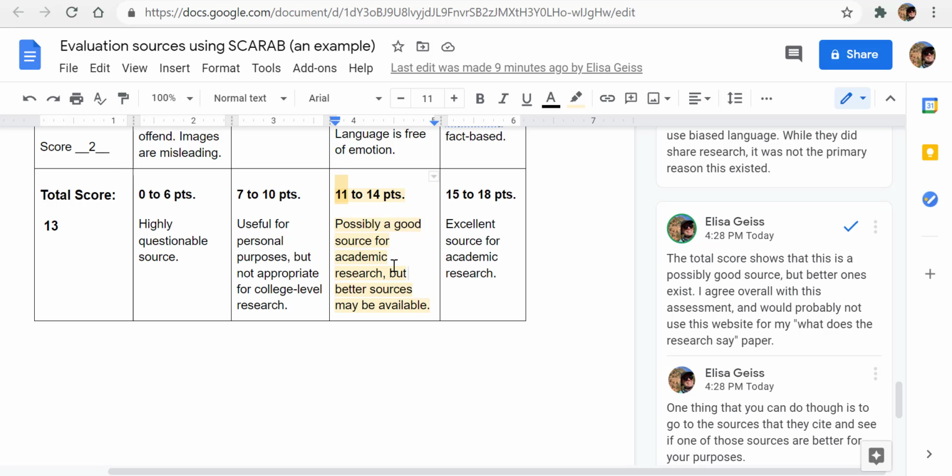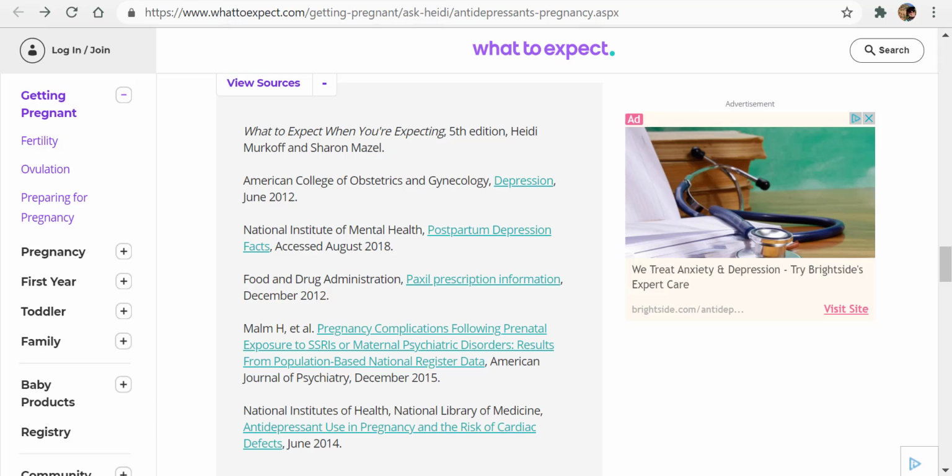This may be a source that I can use to get some background information, but it might be better for me to go to the actual sources that they used and get the information from there, right?